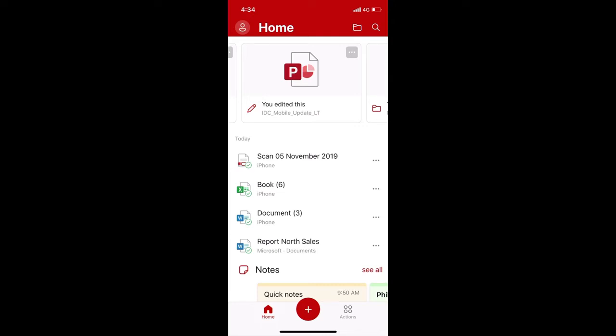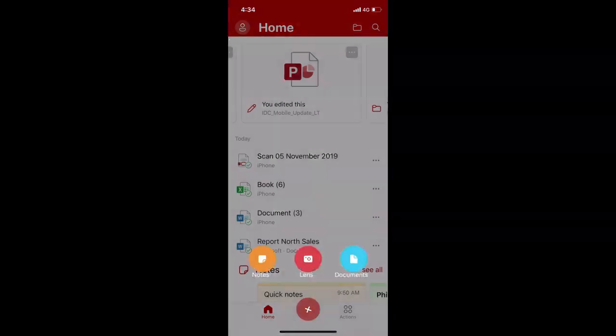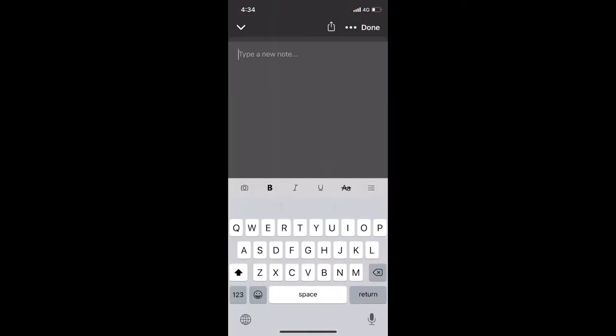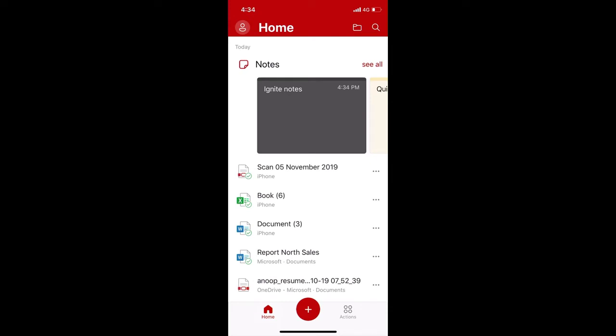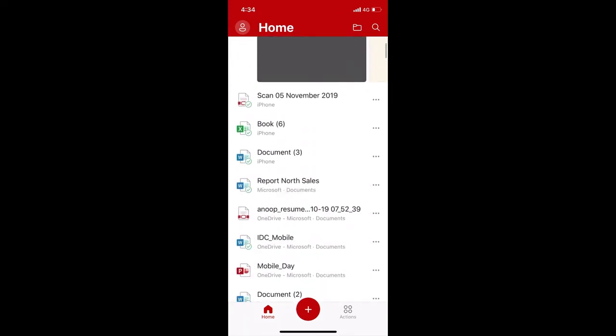So you can quickly, if you're here in the presentation and you want to quickly note down some thoughts, you can just open the New button and then start taking a note. And it'll show up right in the home page, all the notes that you're taking, for quick access. Similarly, there's